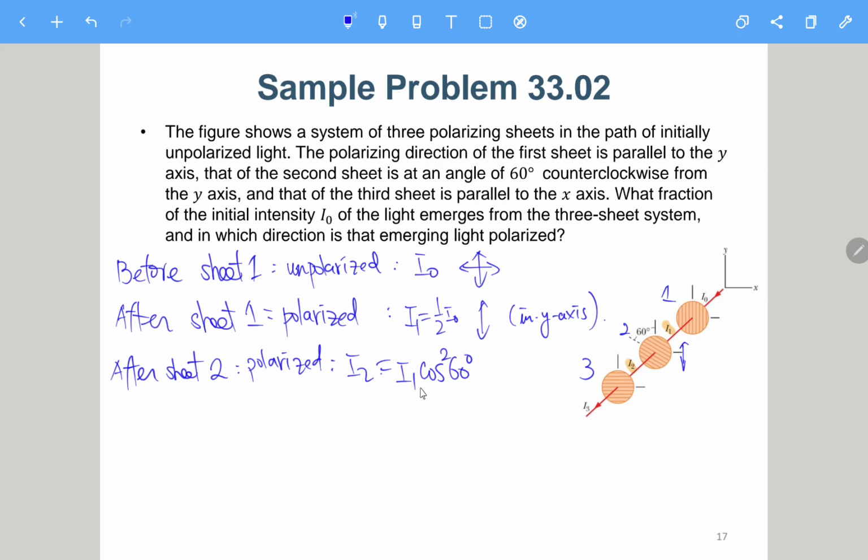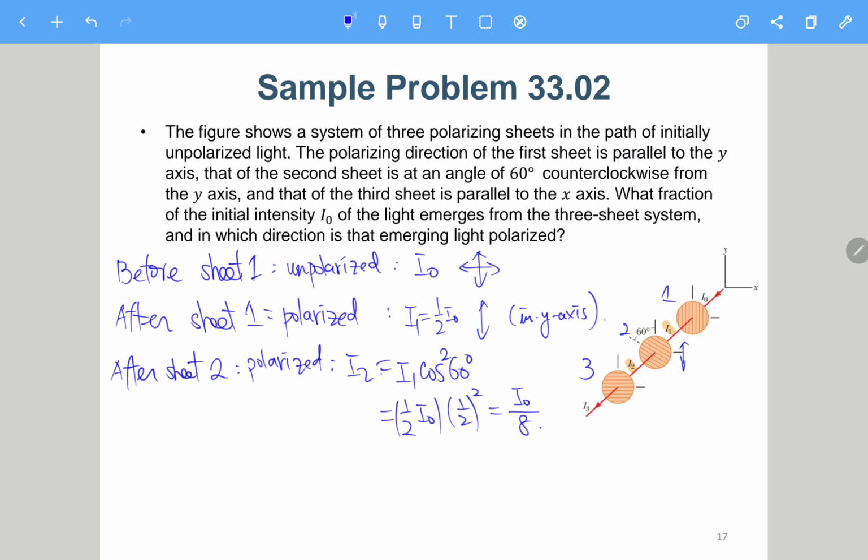So we have I1 times cosine squared of 60 degrees. Cosine squared of 60 degrees is 1/4. So this is I1, which is half of I0, times 1/4. So we have I0 over 8